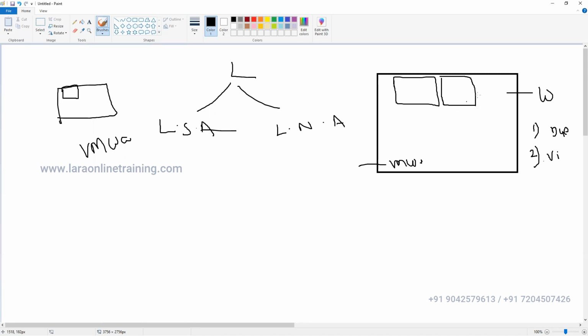So this virtualization concept is famous in the market. It has been there for a long time, starting from 2007 or 2008. This was there, the virtualization concept, and people are still using virtualization. I'll show you this one as well.